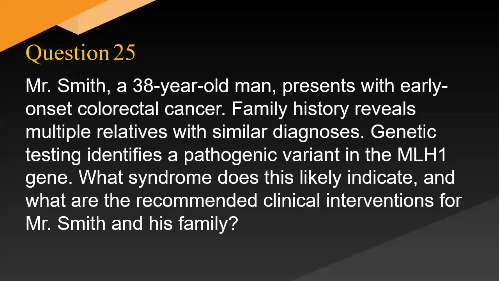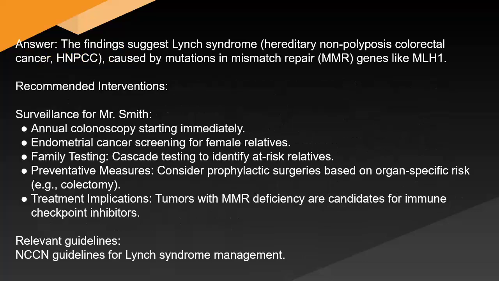Mr. Smith, a 38-year-old man, presents with early-onset colorectal cancer. Family history reveals multiple relatives with similar diagnoses. Genetic testing identifies a pathogenic variant in the MLH1 gene. What syndrome does this likely indicate, and what are the recommended clinical interventions for Mr. Smith and his family? Answer: the findings suggest Lynch syndrome, hereditary non-polyposis colorectal cancer, caused by mutations in mismatch repair,